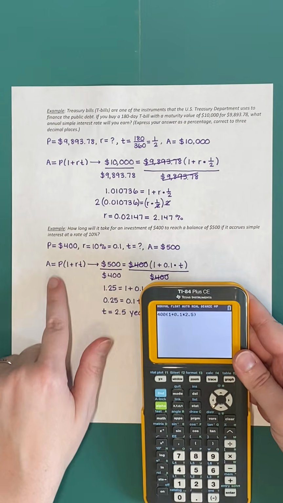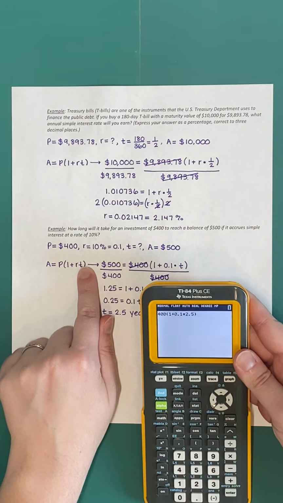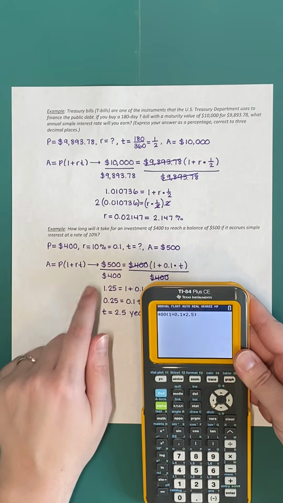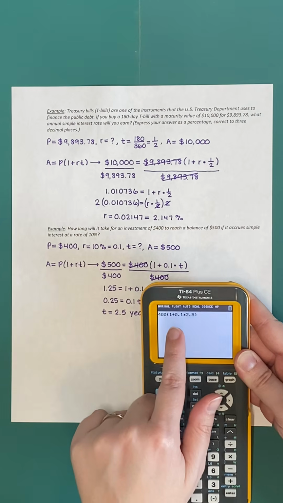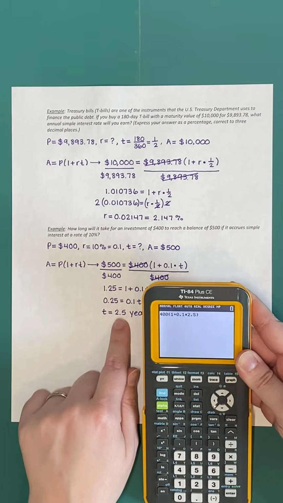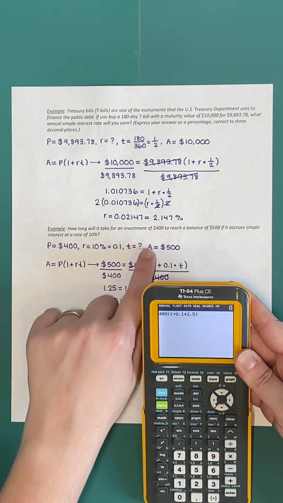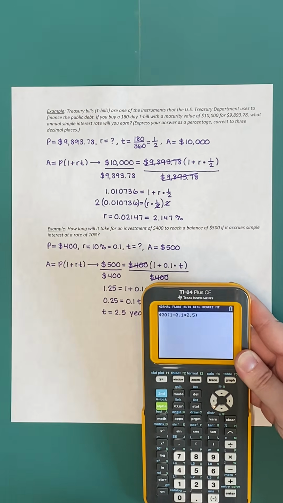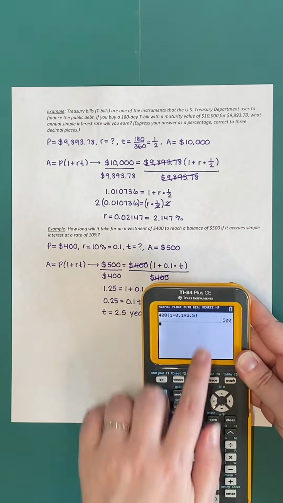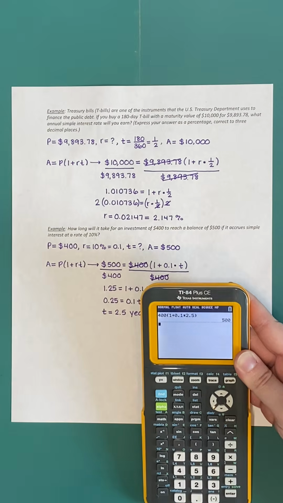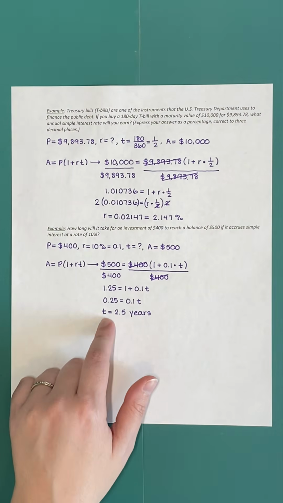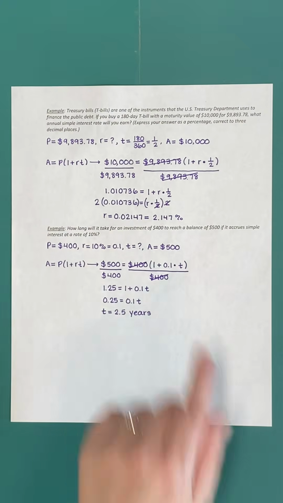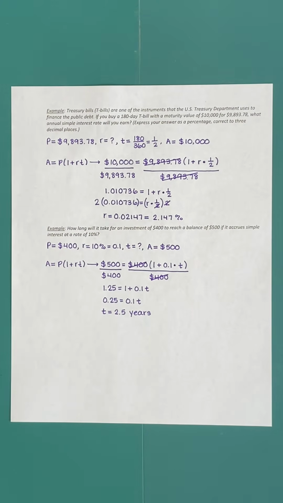That would be what I have on the right-hand side of my equation if I were to plug in P, R, and T. And what I expect when I hit enter, if I've done everything right, and if this answer is correct, I expect that I'll get an output of 500. And sure enough, I hit enter, I get an output of 500. So that verifies that this T is the correct value in association with these 3 other values associated with this